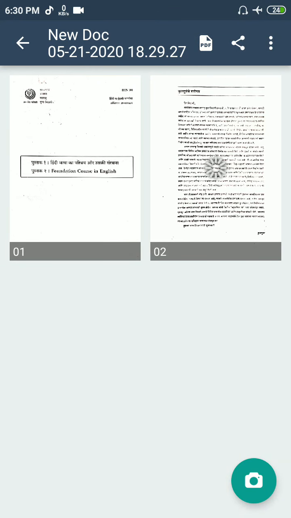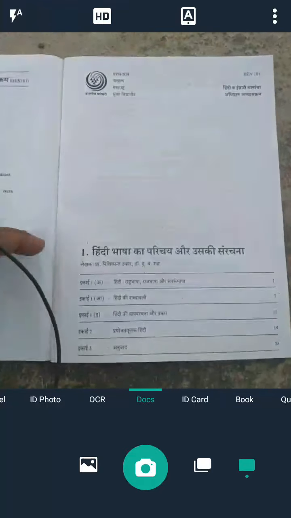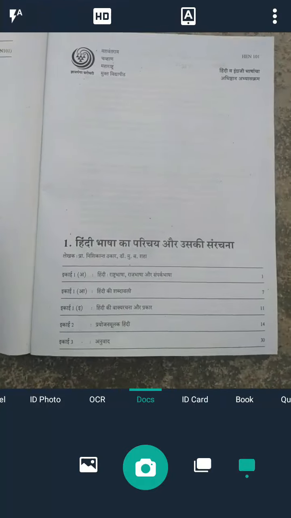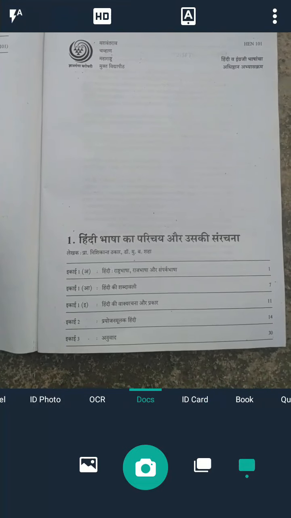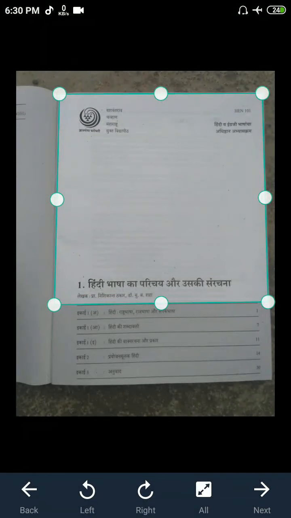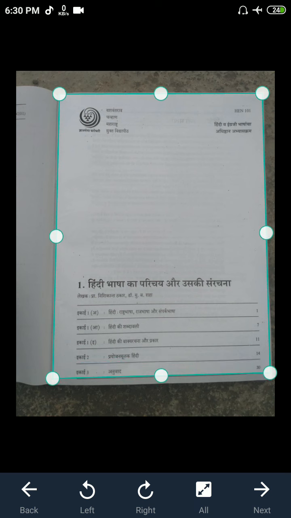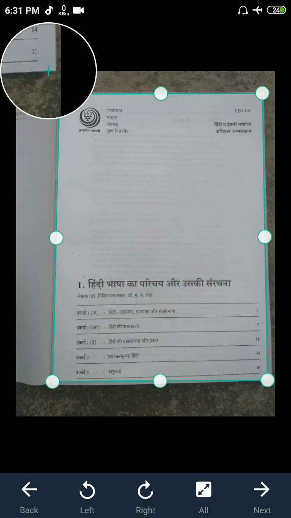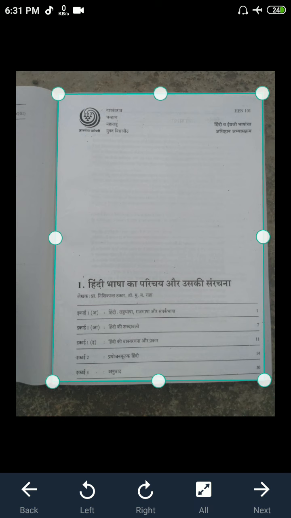Then the next page. If CamScanner takes the image like this, then you can change your document by changing those dots and click the next option.